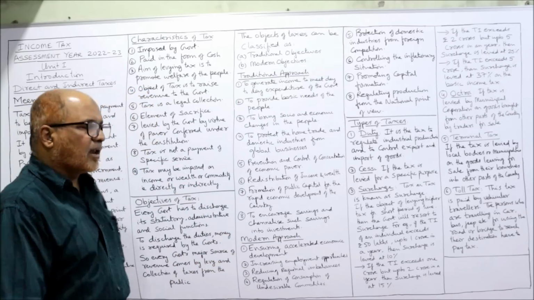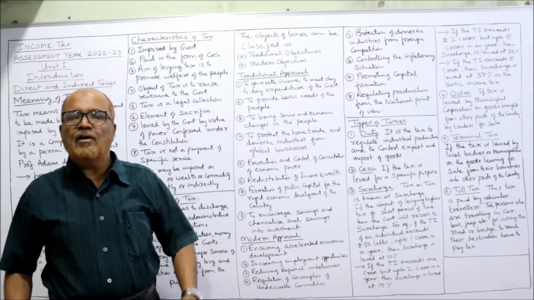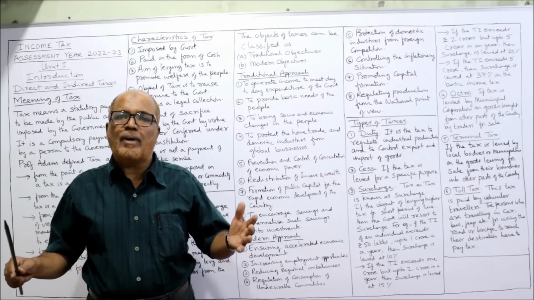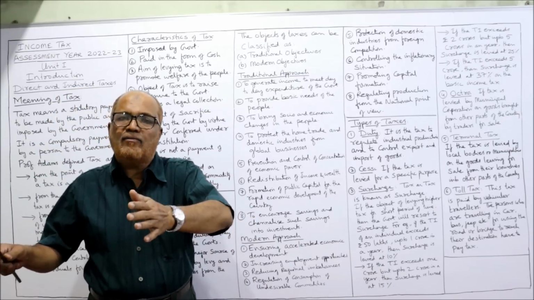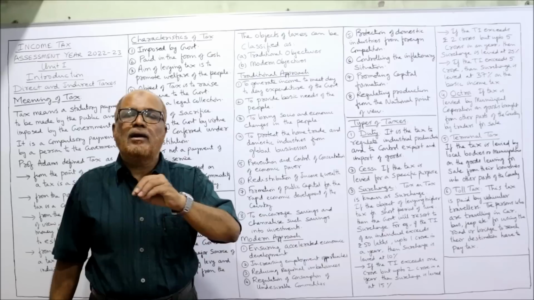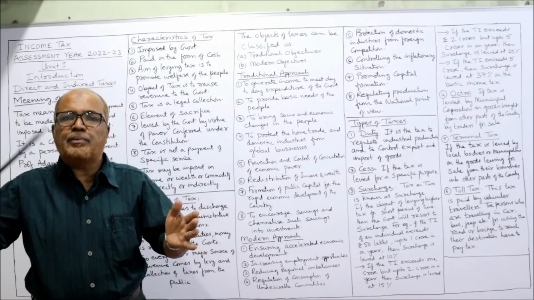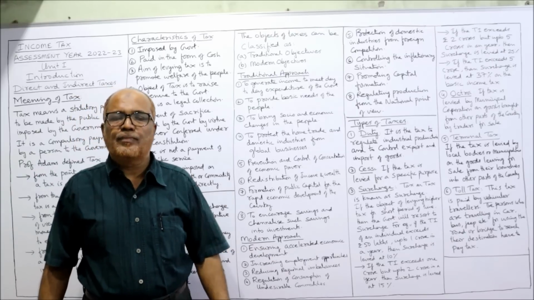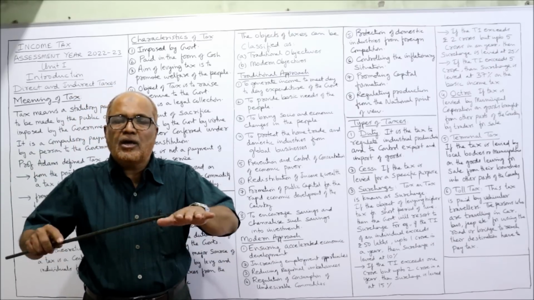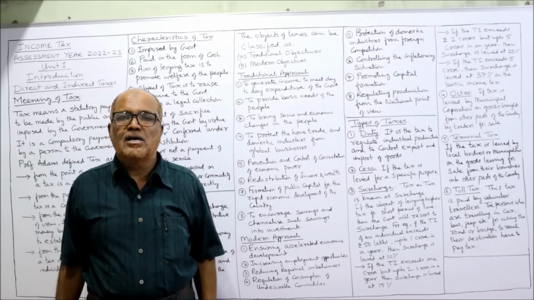Next one is reducing regional imbalances. In every country we will find regional imbalances. Some areas are highly developed and some areas are completely backward. So there is a lot of disparity between developed areas and undeveloped areas. The government wants to make equal development in all the areas. Otherwise, many